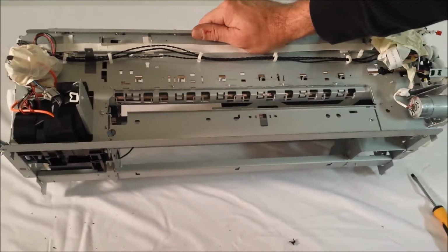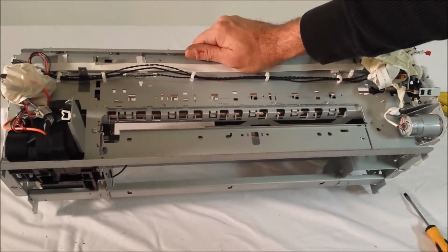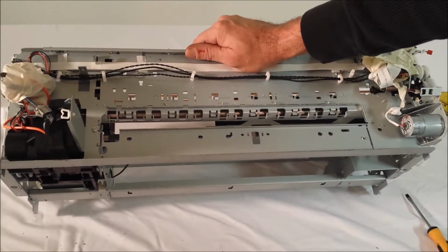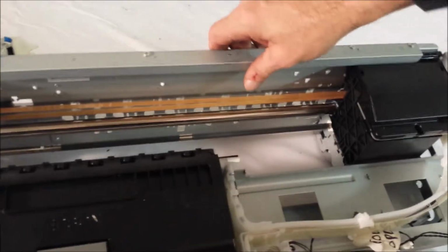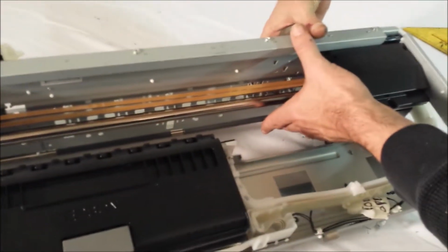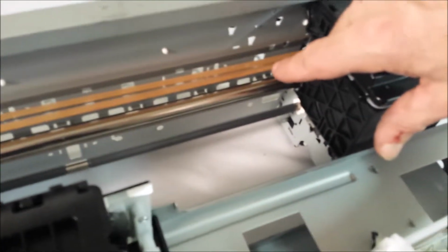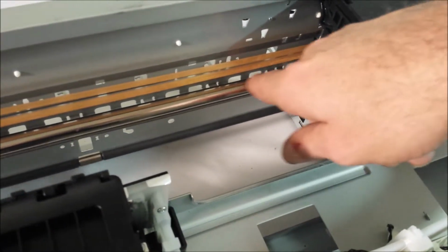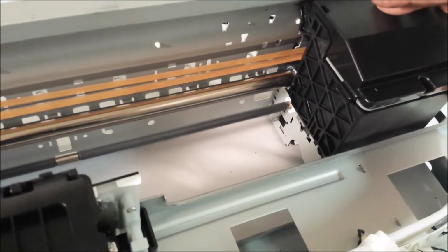You just have to be very careful not to damage or bend the frame while you're doing that. Get a blade that's meant for cutting metal. Most important point here that I want to point out before any cutting happens, we're going to wrap this shaft area, this whole area here, in plastic, including the carriage, and we're going to tape that up really well. We do not want any cutting dust getting on this shaft here. What will happen is, even though you think it's minimal, it'll build up because there is a special lubrication on here. It'll build up, and when this carriage is powered up and starts to move in the printing application,